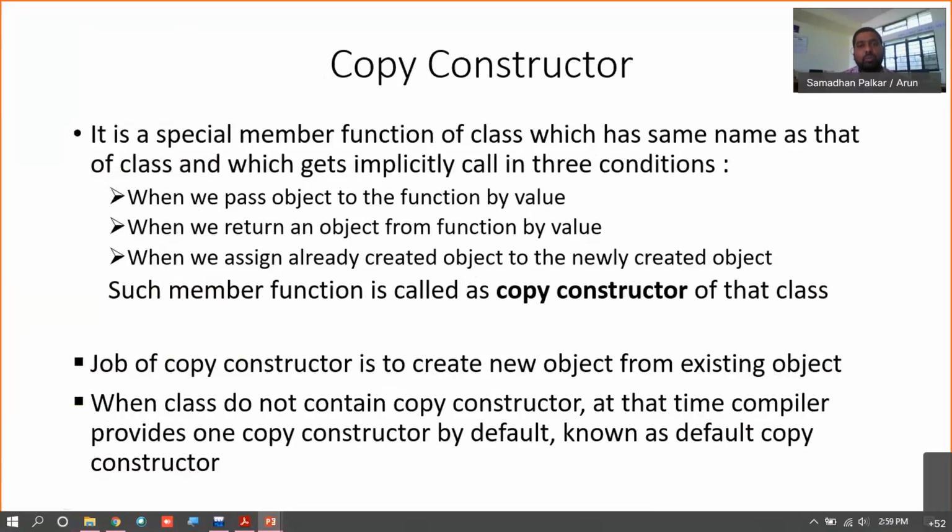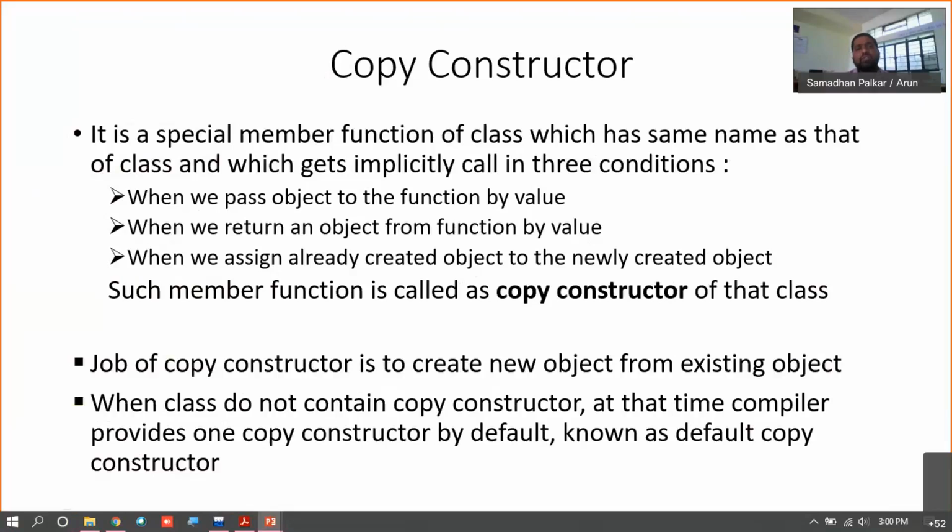In those cases the copy constructor of that class gets called implicitly, right? Keep in mind that it's related to objects.